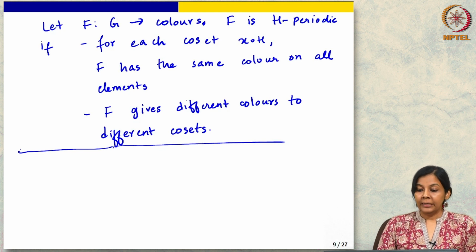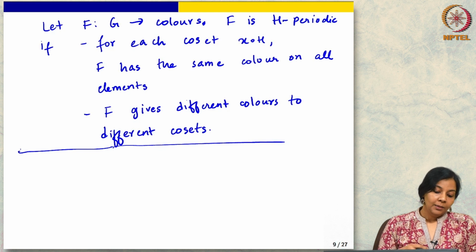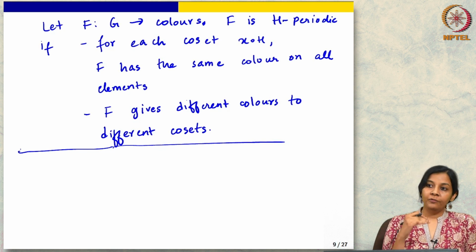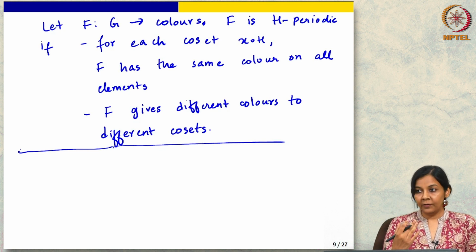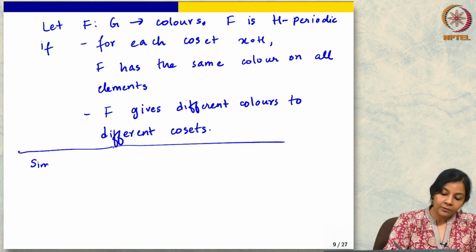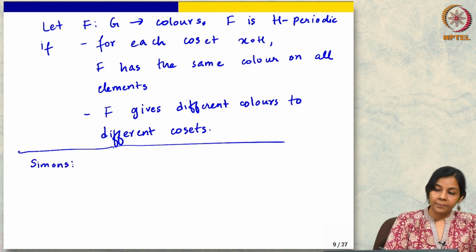Okay, so given an oracle for some function which is H periodic, the question is to find H, and this I claim is going to solve or capture the problems that we discussed. So, now can you tell me for Simon's what is G and what is H?